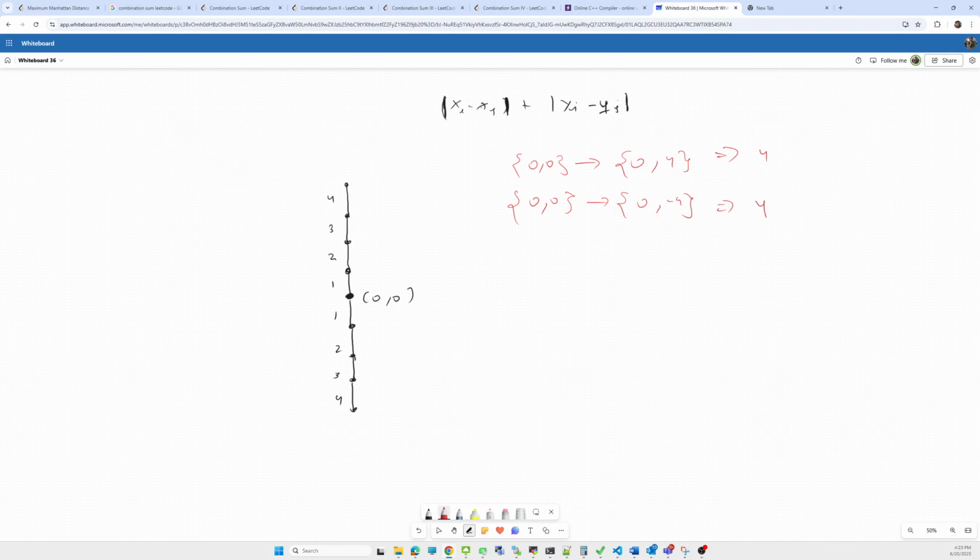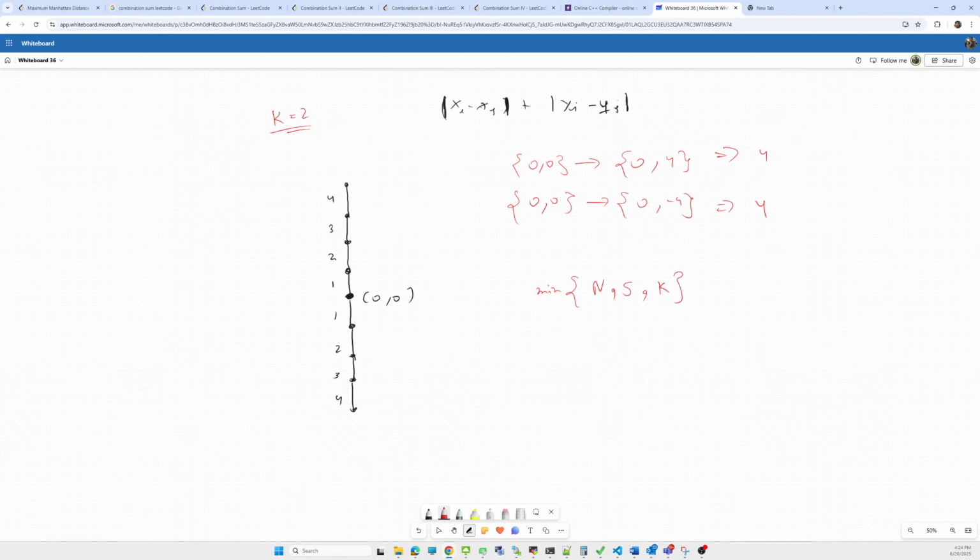Now we have to maximize this. Let's say our k value will be 2, meaning we are able to change at most 2 characters. So now what we have to do is take the minimum: the minimum of north, the minimum of south, and the minimum value of k.